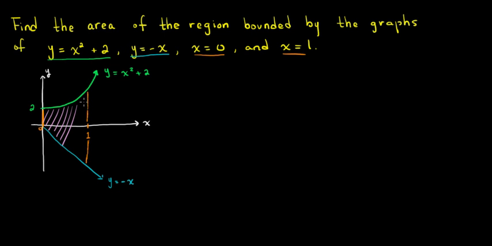Well, to find the area, we saw in the previous video that you really just have to subtract the area of your lower curve from the area of your upper curve. Well, let's go ahead and do that in this problem here. So let me go ahead and set it up. We have that the area,